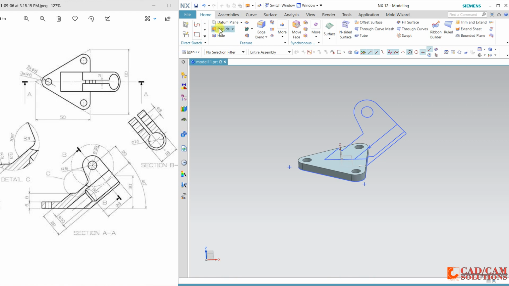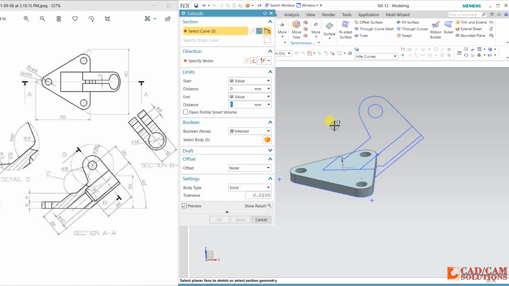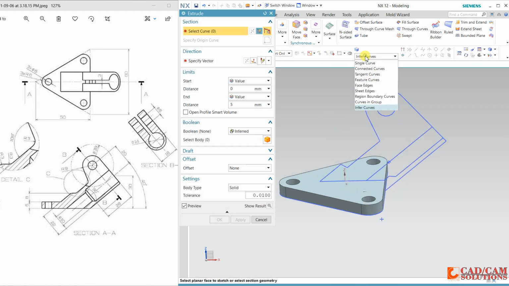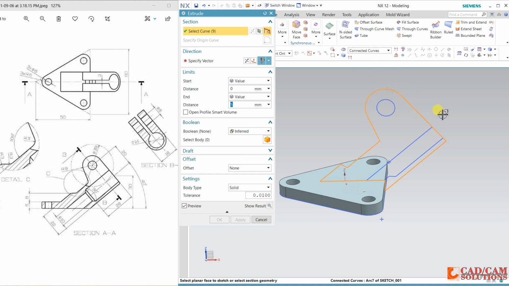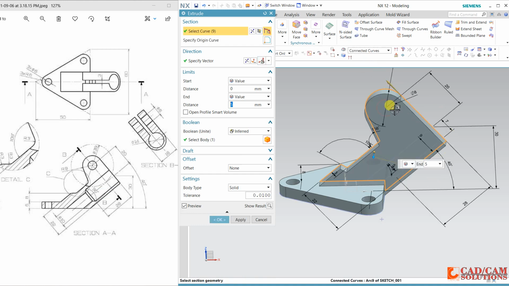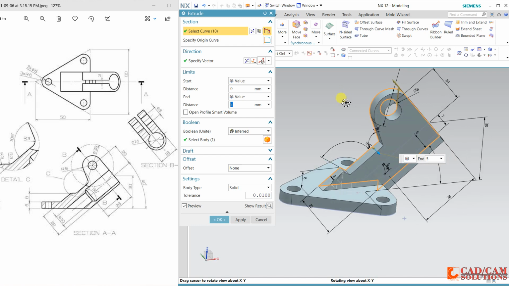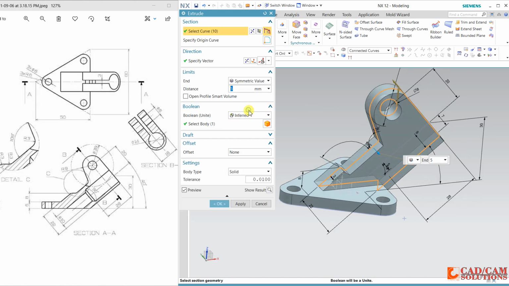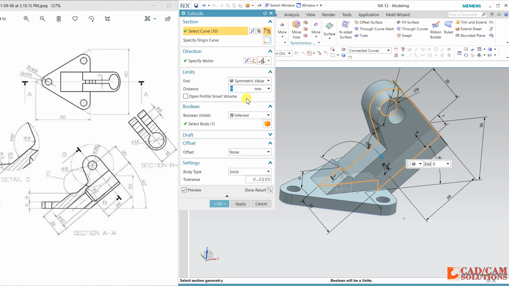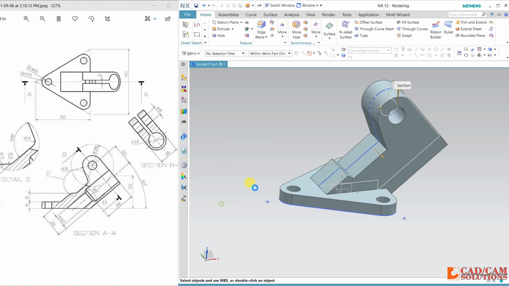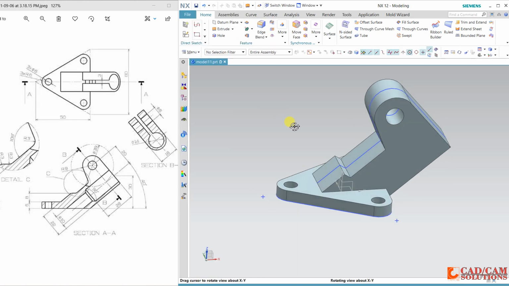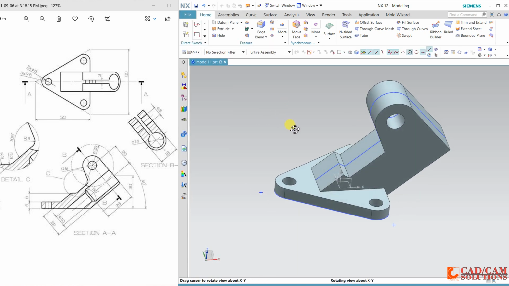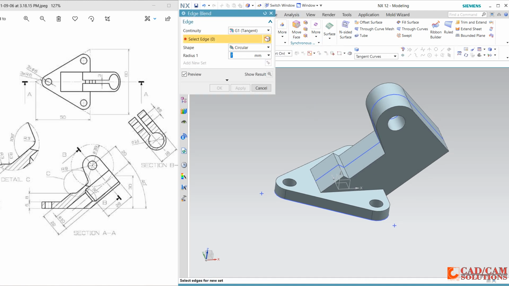Extrude, select this extrude, and I will select this connected curve. This hole will be selected with this circle. Change to symmetric, and 18 is the total height, and united. Okay. Then select this edge fillet, and the fillet is 3.